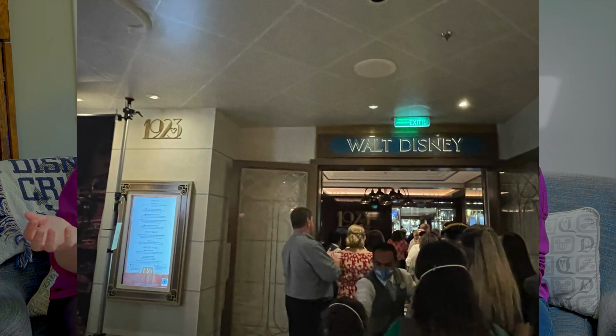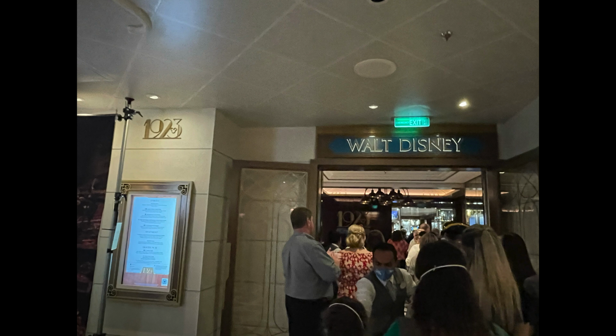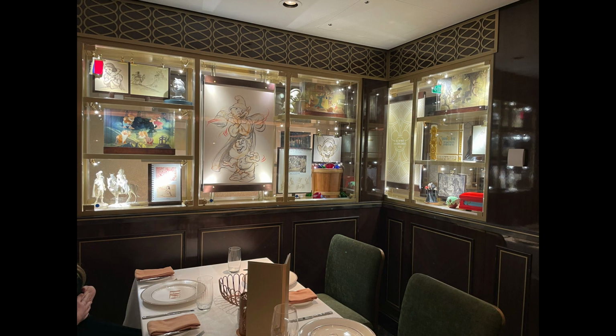1923 is the restaurant in the Grand Hall, and it is themed to Disney animation and Disney through the years pretty much. There are two sides, so they've split it up, a Roy Disney side and a Walt Disney side, and every table that you can sit at is going to get a different movie theme that you're sat next to. Like we had Snow White and the Seven Dwarfs, and there were fabric swatches,